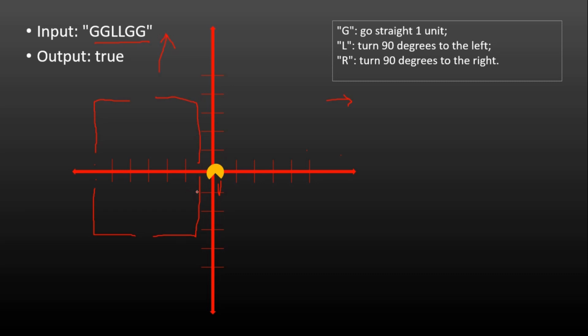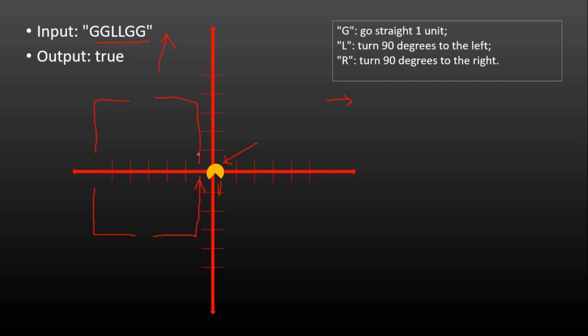So for example, in this case that I took, I was facing north at the end, so basically the direction that I started from, I was facing in the same direction at the end. That also is a valid case. So we have to check two conditions: at the end, if my x and y is again 0, 0, then I should return true. Or at the end, if my direction is not equal to my starting direction, which in this case is north, even then it is possible that if I run the same input again and again, I will reach the origin. Okay, so it's a simple algorithm.